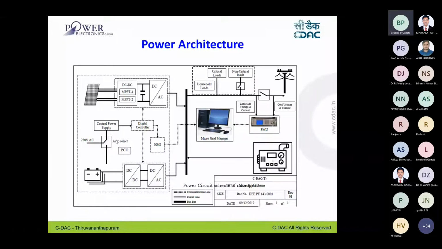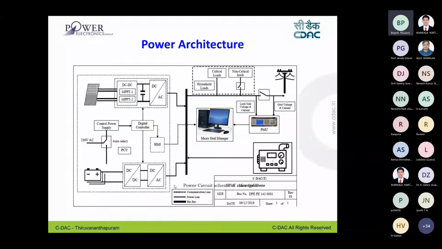And as it is a microgrid, the system should work either from 230 volt AC or from battery power. You have to enable a continuous power supply for your controllers for the microgrid. So this is the PCU level architecture. In this total line, you can see the PCU type architecture.